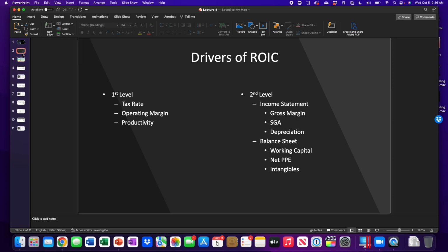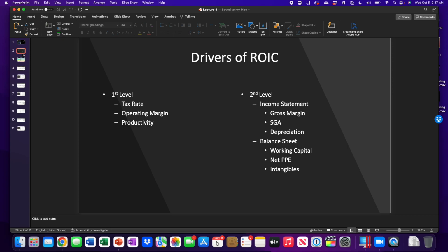The second part of the analysis, called second level, is that operating margin comes from the income statement. So what on the income statement explains the operating margin and the change in the operating margin? It will be three things. It will be the change in the gross margin, the change in the selling, general, and administrative or overhead expense, and the spending on depreciation. Those three things explain operating margin, so we're going to explain the operating margin by changes